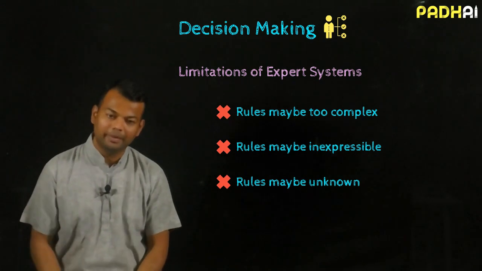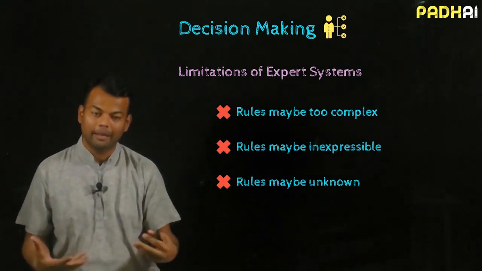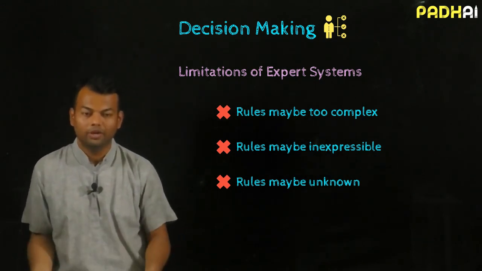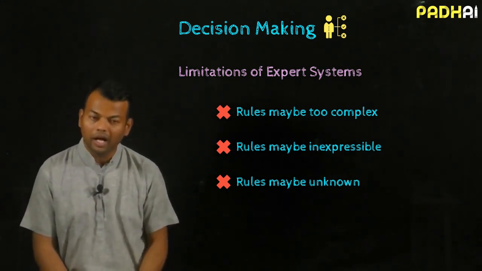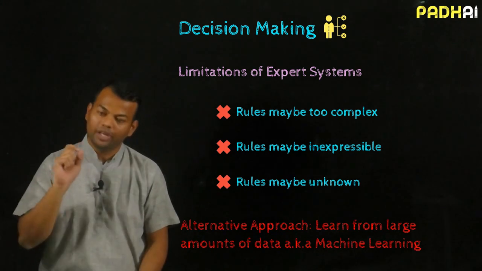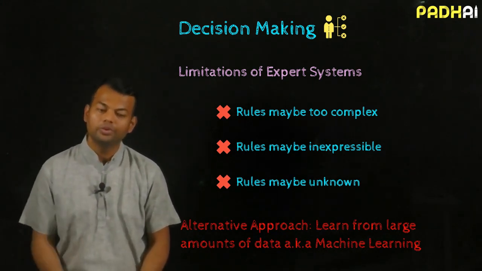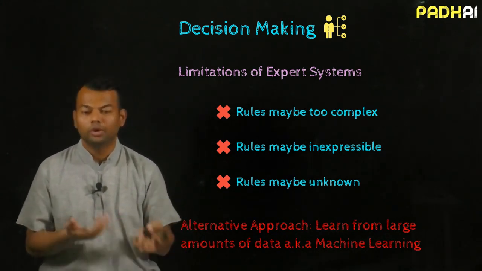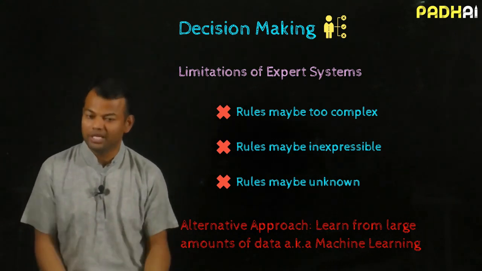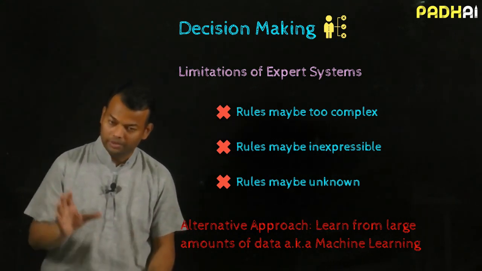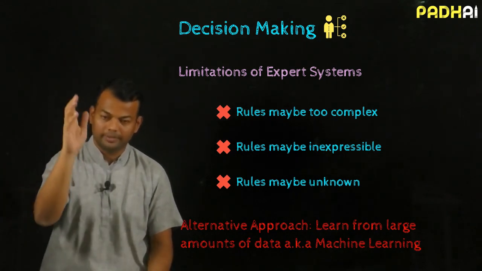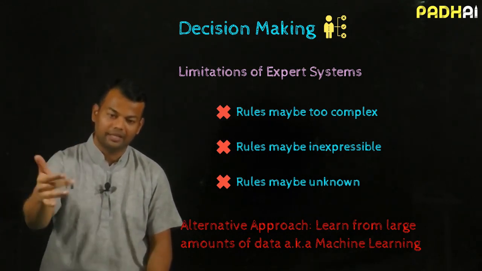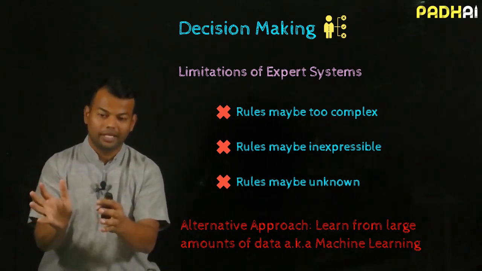So that's where people started facing this limitation that in many applications, I can't really sit down and write all the rules. I don't even have a domain expert who can tell me what the rules are. So that's where I'll try an alternative approach where I'll use large amounts of data to learn from that data. And that's where machine learning steps in, right? And so that's what decision making is a part of AI. If you do it using expert systems which rely on knowledge representation, reasoning, and then decision, you don't really intersect with the data science world.